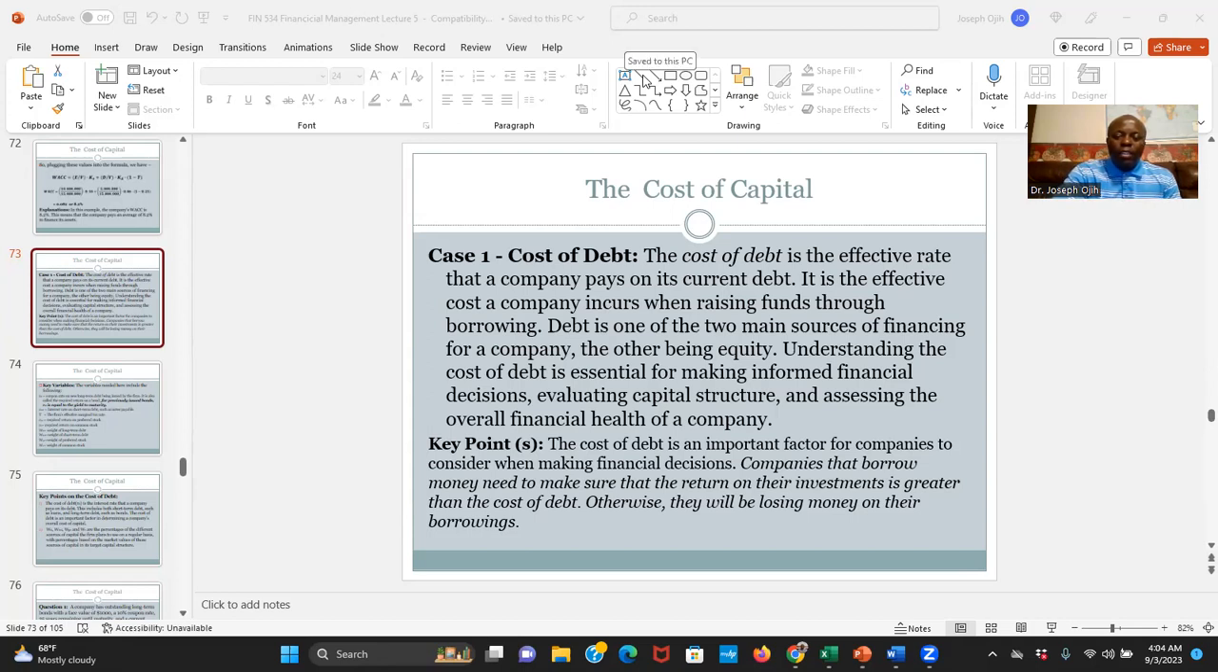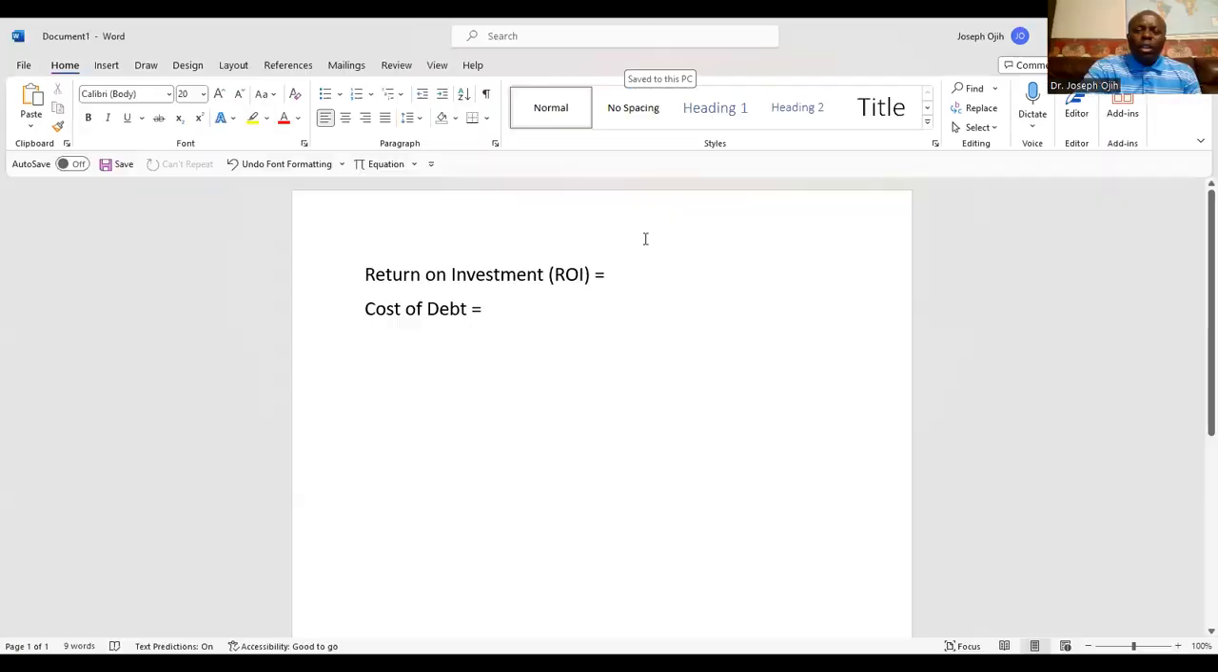Let me show you, maybe I can use a small analogy to clarify this. Suppose that your return on investment in a year is 12%, okay? But the cost of debt is 15%. See, you're losing money. This is how much you're making. This is how much you borrowed. So you're facing a deficit of 3%, which can be big money if the company is handling